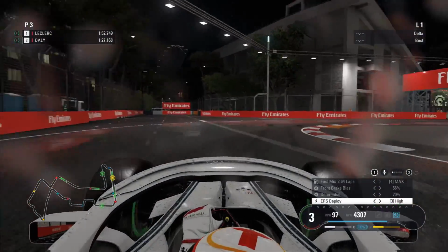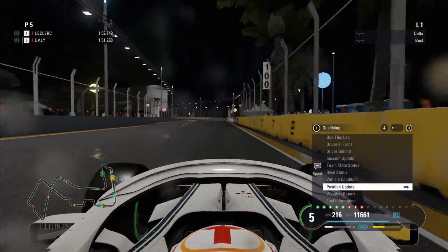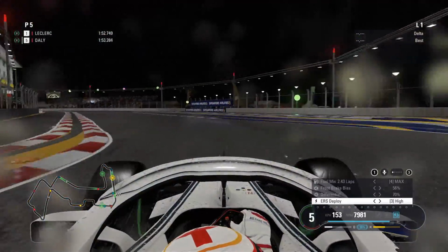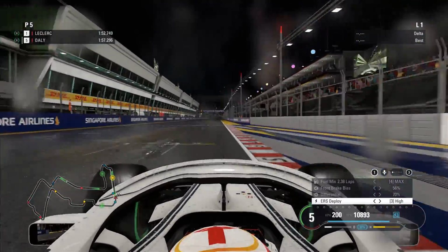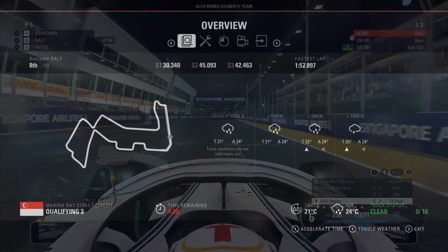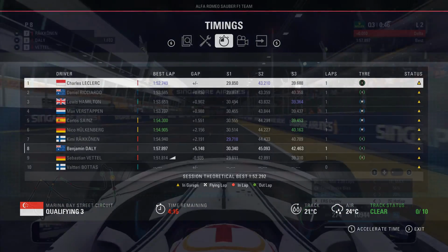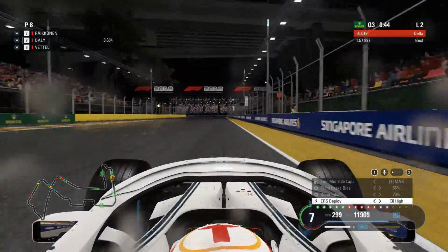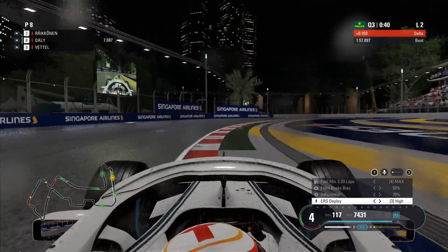But as we go out on circuit for Q3, we're just like Bambi on ice through the third sector. The heavy rain set in very, very quickly. It started off as light rain, it went to heavy rain almost instantaneously, and the lap that we did was completely crap. We were like 5 seconds off the pace from our teammate Charles, and now we're going to have to go out again at the end of the session on full wet tyres on a track that is actually just about